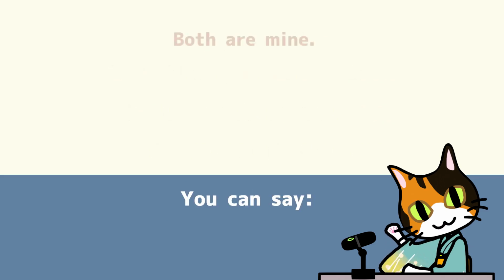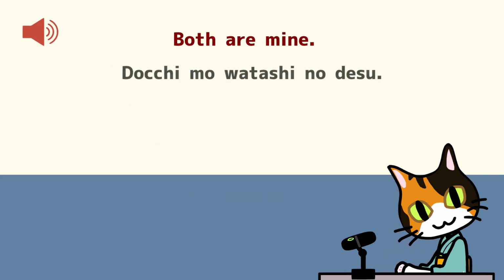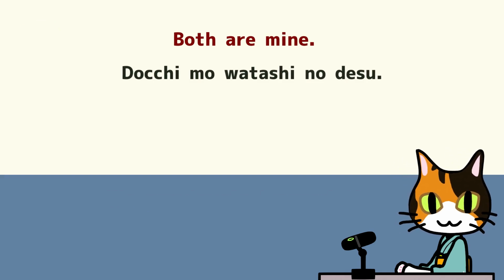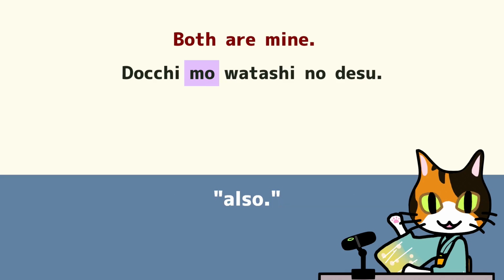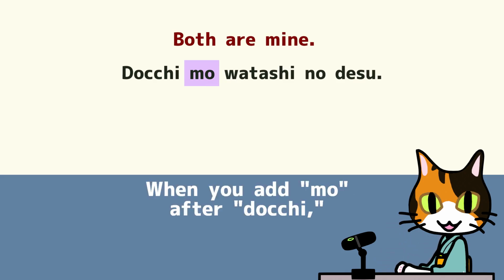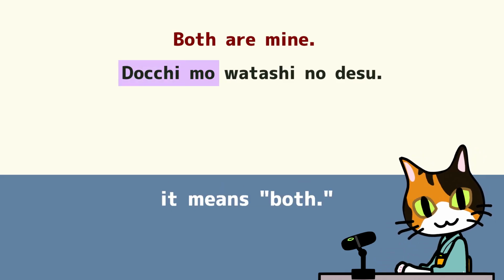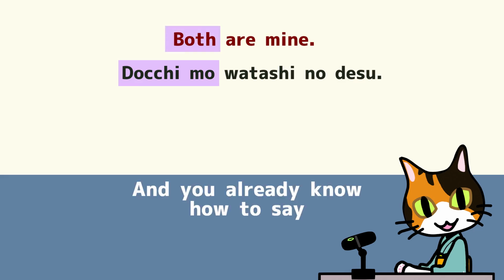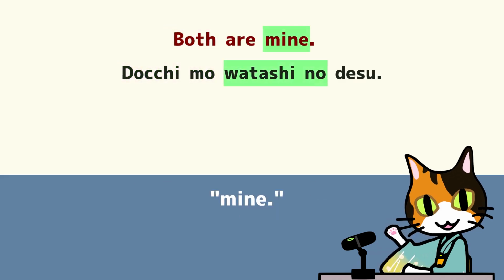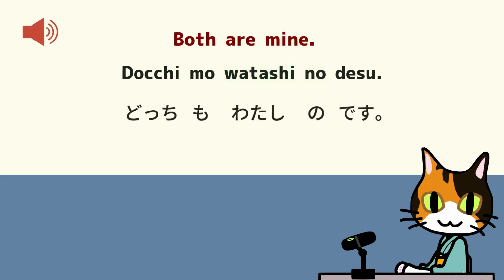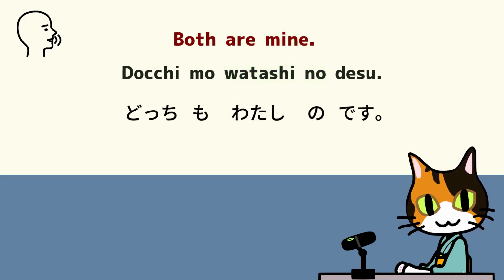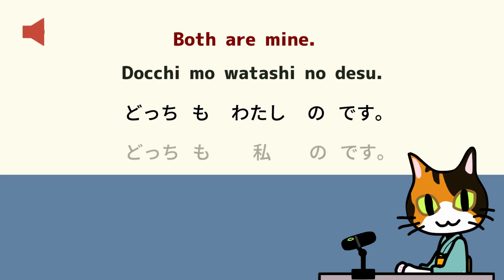You can say, "both are mine." どっちも私のです。 We previously learned that the particle mo means "also." When you add mo after do-cchi, it means "both." And you already know how to say "mine." Let's practice. どっちも私のです。